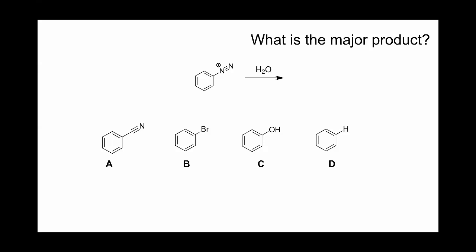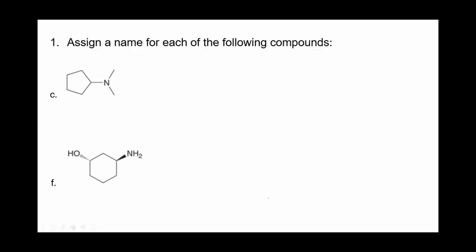All right, and this one, water, will give us phenol. Good. All right, name each of these compounds. So how would we name these? Well, when we do the nomenclature here, all of these substituents are on N. We find the parent, which will have the largest number of carbons. So we have methyl, methyl, and then cyclopentane. So this will be a cyclopentylamine. We have two other groups on there, so we would list them as N,N-dimethylamine.